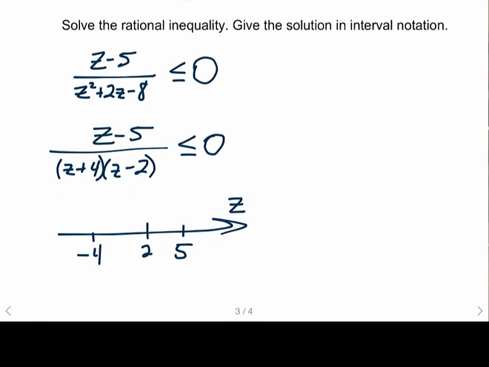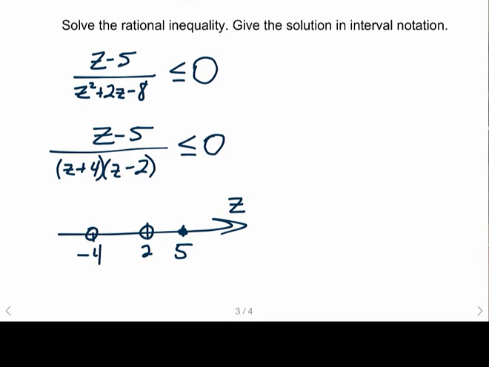And I have marked on a number line values that come from the numerator and denominator being 0. Z minus 5 is 0 when z is 5. Z minus 2 is 0 when z is 2. That's from the denominator. And z plus 4 is 0 when z is negative 4. That's also from the denominator. Remember, any value from the denominator will never be a part of our answer. Those are forbidden values. But a value from the numerator giving us 0 makes the expression 0. And so I have circles and a dot on my number line, which I have labeled z because that's our